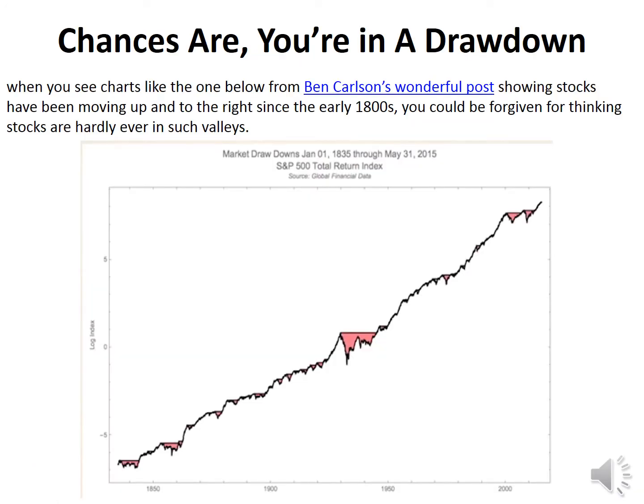This is a wonderful slide that goes back into the early 1800s, and it shows the fact that, oh yes, you've made money in the Dow by buying and holding. You know, it's been wonderful. But the drawdowns are there, and they're bigger than you think, than displayed from this chart.